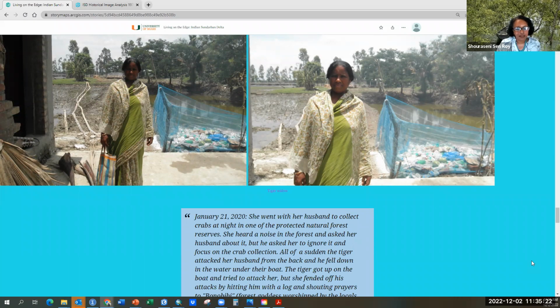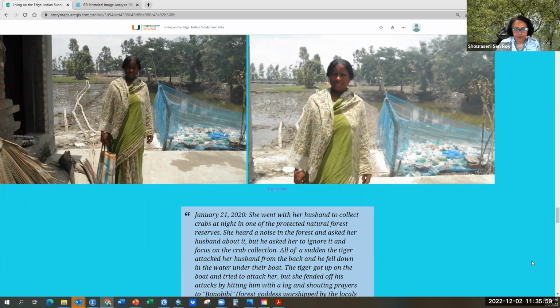But this is a very common story among the women in the islands, these tiger widows who are very young in age. They get married in their teens, so they don't have enough education or any other skills. And once they lose their husbands, their main breadwinner of the family, they don't have many sources of livelihood. So they get into utter poverty. Most of them have little kids with them. And that's a major issue. There have been a lot of NGOs working with this community of tiger widows to give them sources of livelihood.